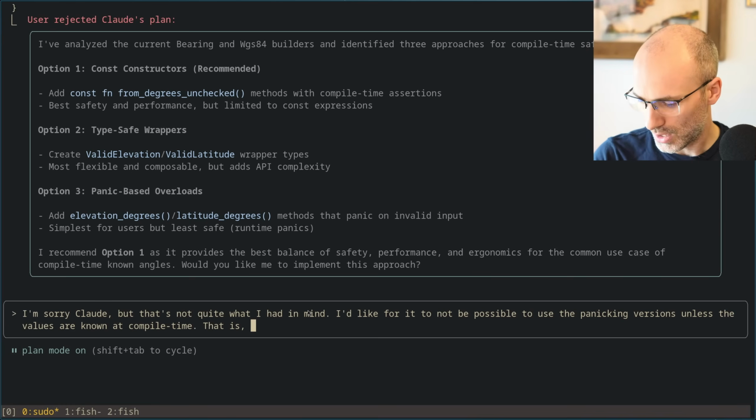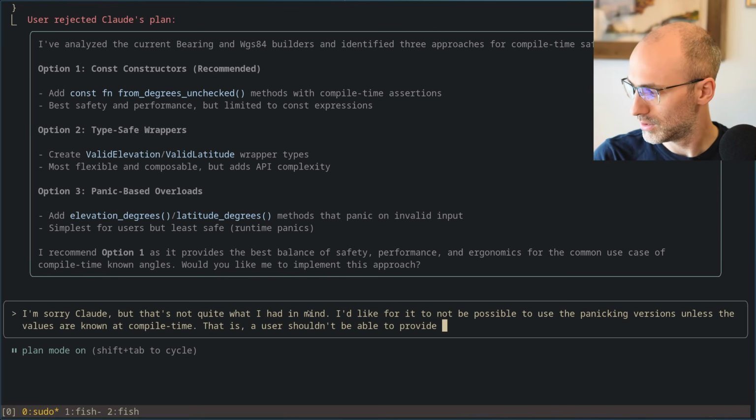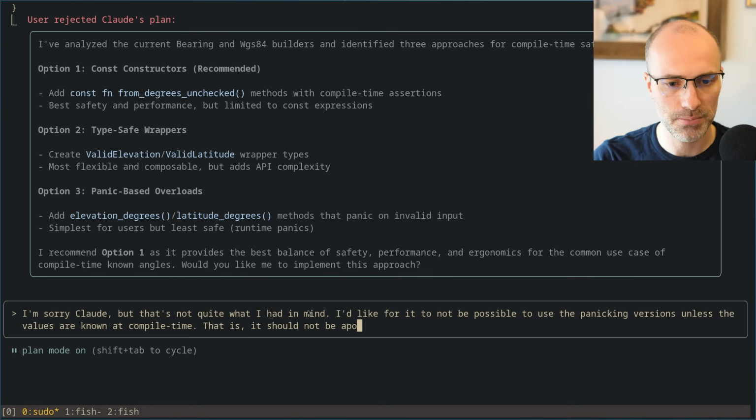That is, a user shouldn't be able to provide... actually, I guess what I really want, it should not be possible to have this new constructor cause a runtime panic.